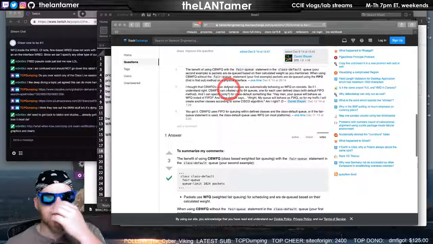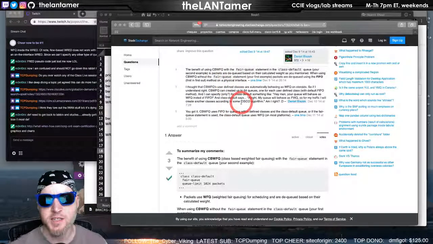Okay, when using class-based weighted fair queuing without it, packets are dequeued using the FIFO method.